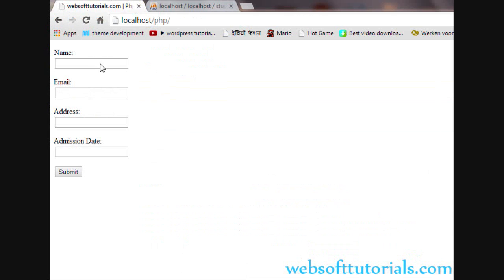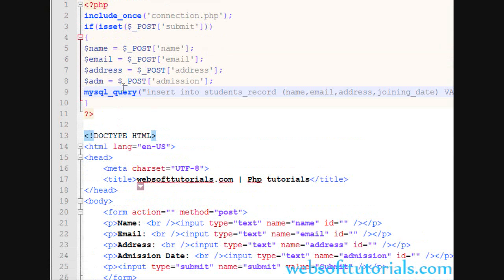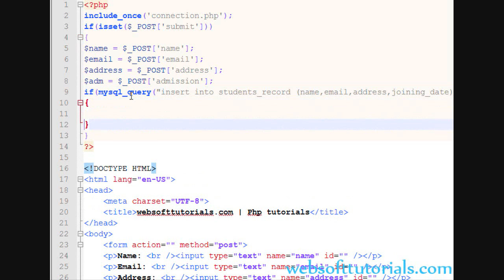But guys, we will display a message. Means when the values are inserted we will display a message. For that we will take this MySQL query inside an if statement. So I will write if, and I will remove this semicolon, and I will write a bracket here. If means if the query is working, I will echo